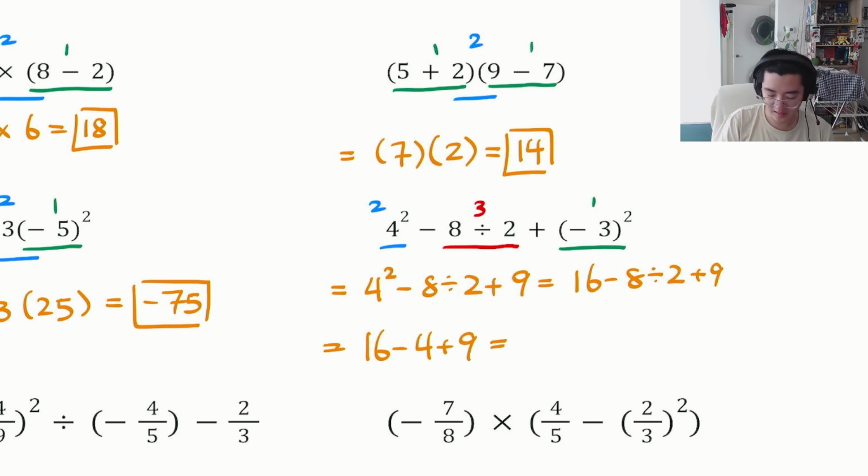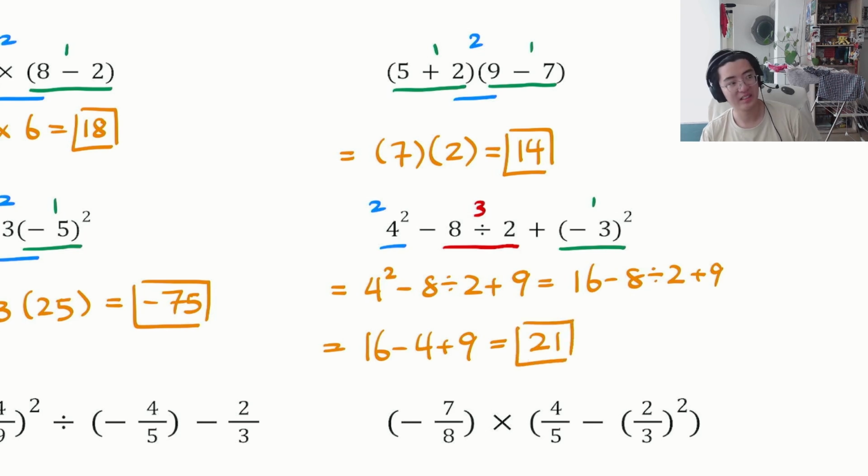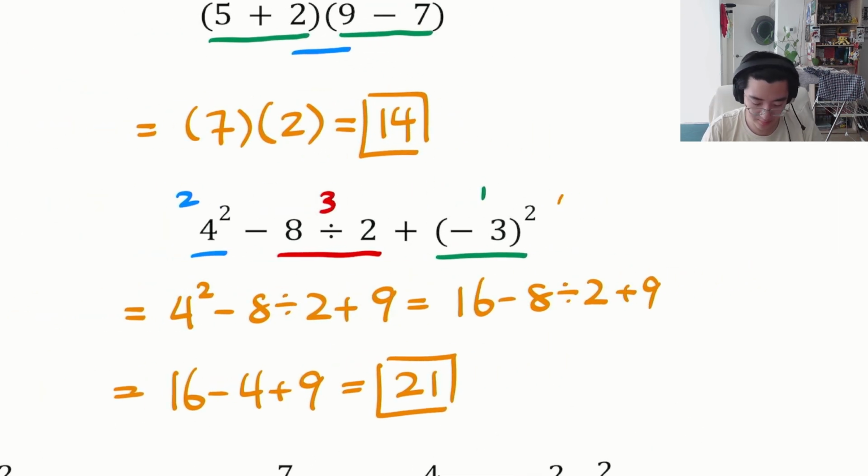And then we subtract and add from left to right, which is 21. Right, so we notice something here actually. All of those numbers are separated by an add or subtract. So we can actually do all three of those at the same time. Alternatively, just to save some steps, we can literally just skip straight to 16